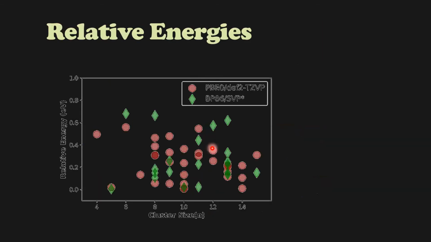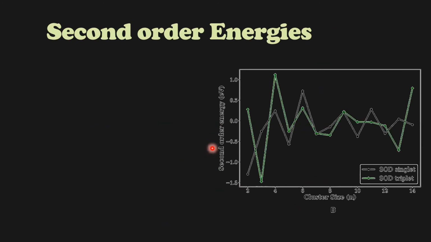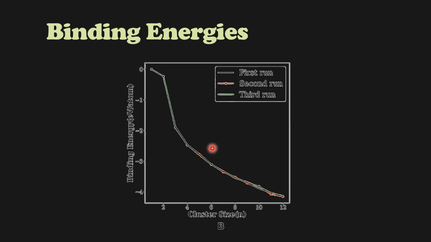So this is a relative energy plot, and this is called a second order energy, which tells us, for a particular structure, how stable it is compared to its neighbors. This might be important when you do a mass spectra analysis, so the most stable geometries among them will be coming out in the experiment. We can also analyze this second order energy, and we can analyze the binding energy. This is the binding energy per atom.